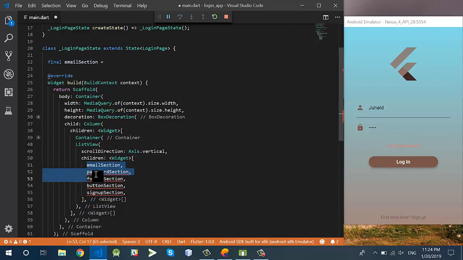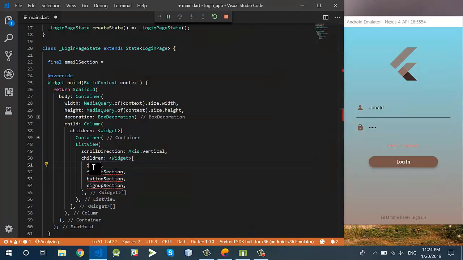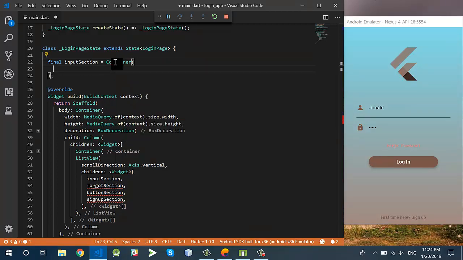Okay, I guess this is a text section. This should be a text section. Okay, input section, and in this input section I will have